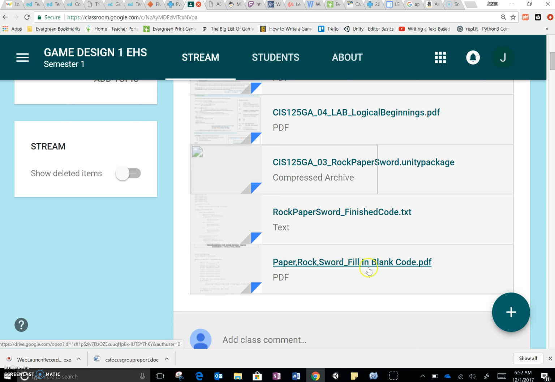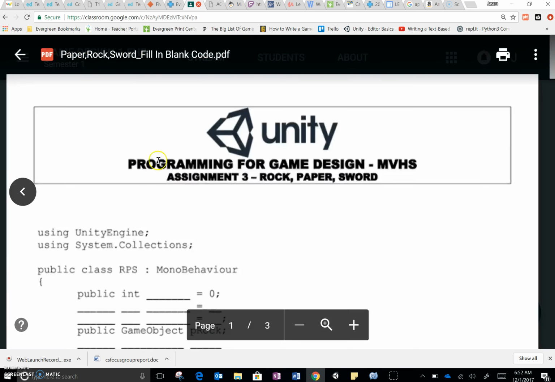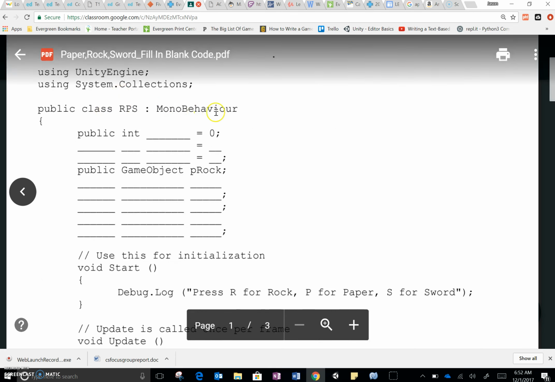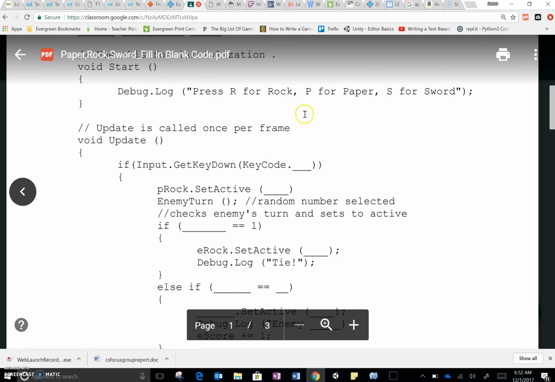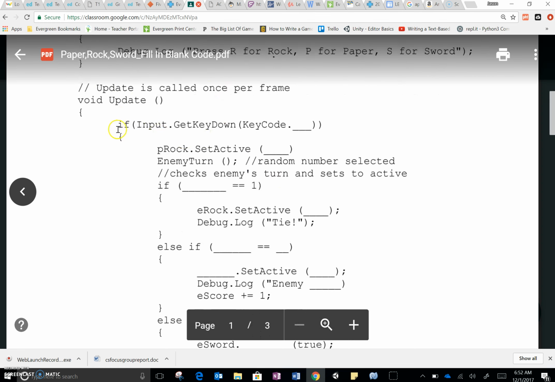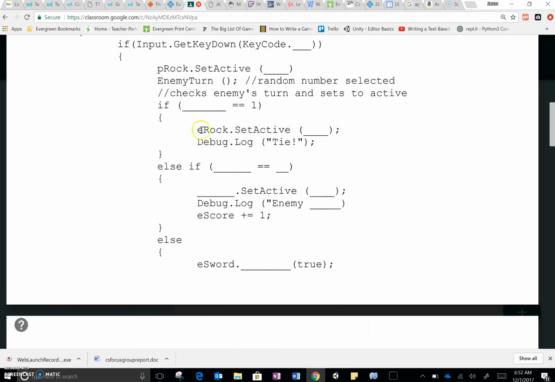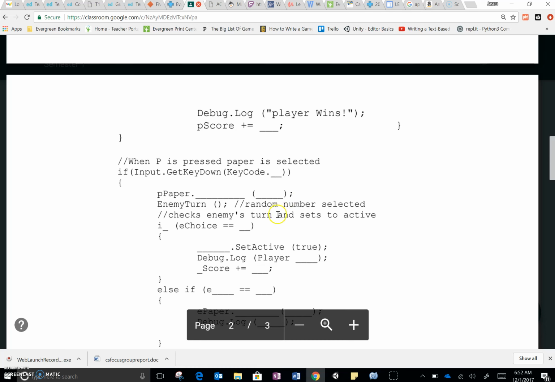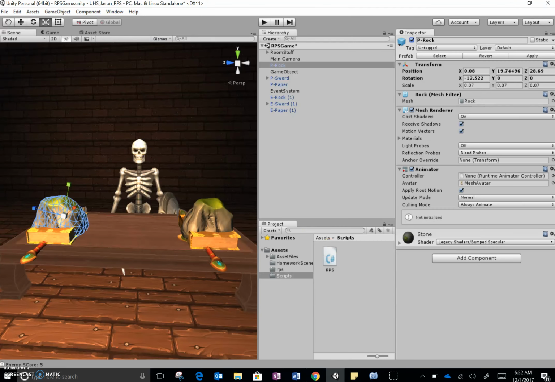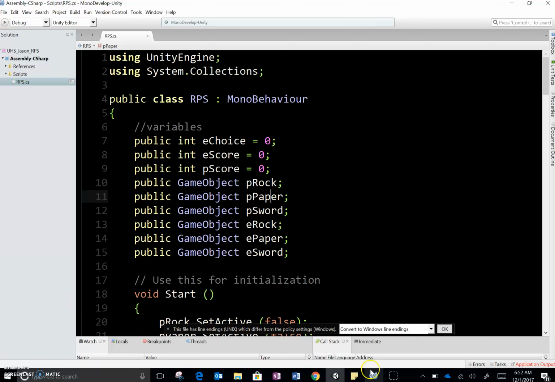This one might be fun for you to do, where it doesn't give you all the code. It gives you some helpful hints, and you can go through and add your variables. Then you can go in and add some extra code here. Then in your update function, you can start putting in all of the stuff that you need for your update function. So it's all here for you. You just need to go back and forth from the code that's there into your script here, and then you need to add it in and go through, and then if you have any